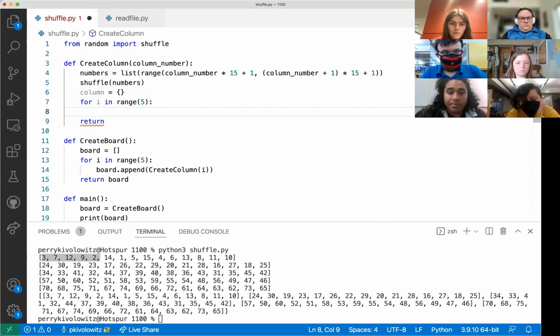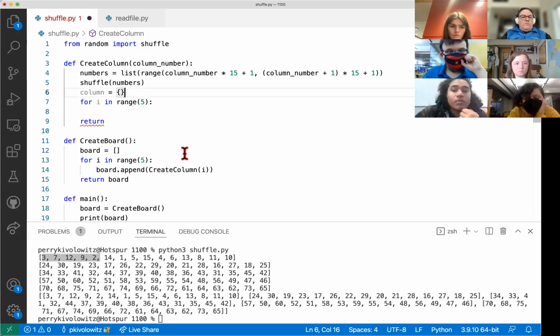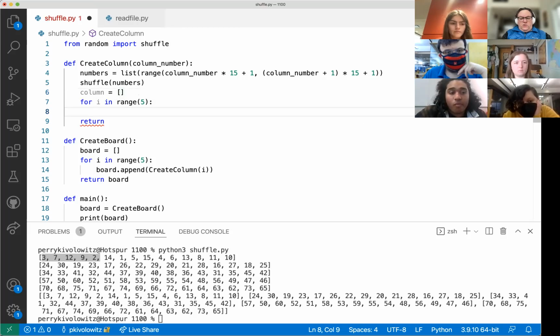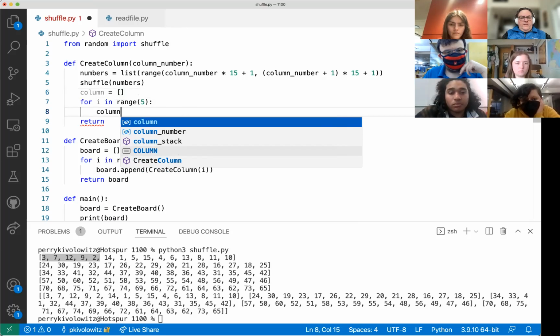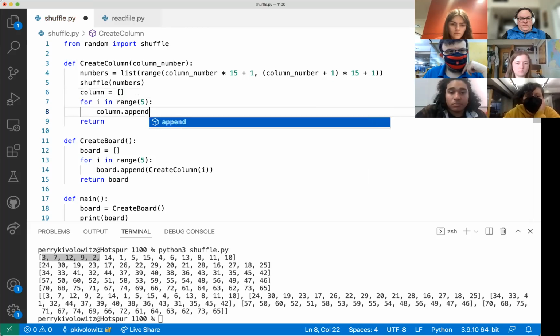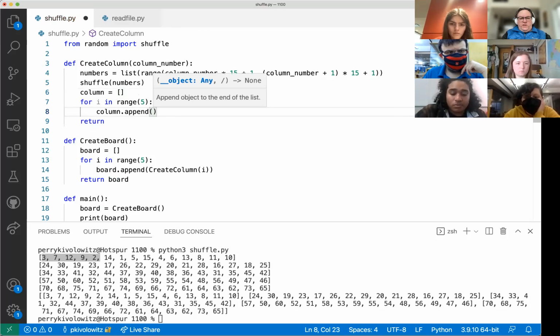Let's see, do I want, okay. Nope, I don't want that. I want to make this a list. But what goes inside the list? So column dot append. Here comes my dictionary,